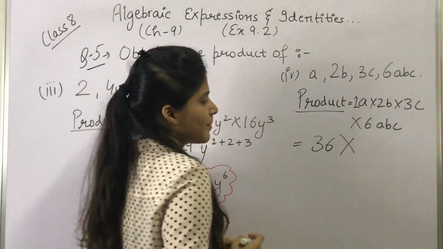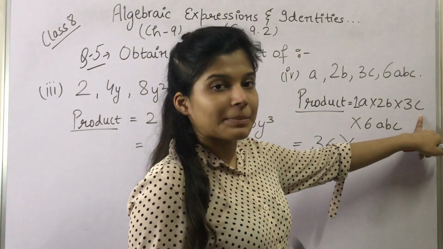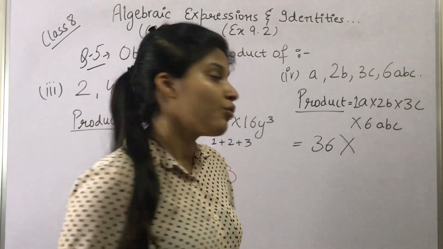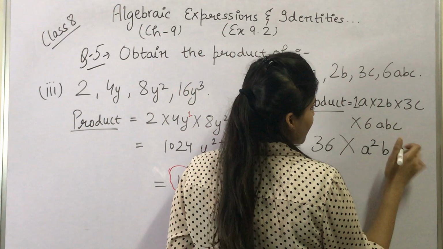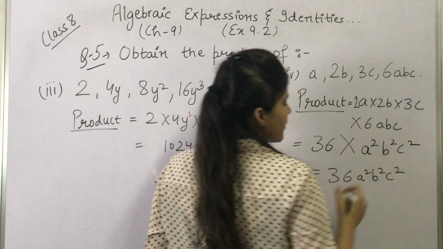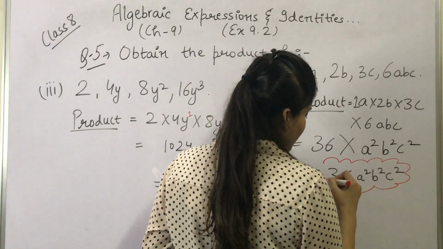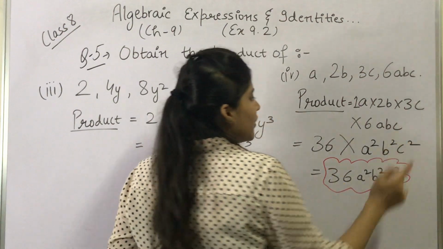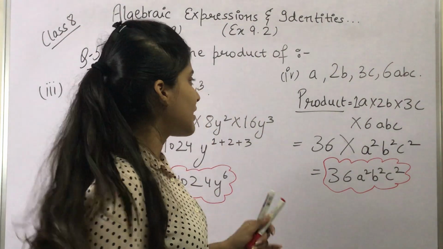अब 36 में हमें मल्टीप्लाई करना है a b c. सो a b c तीनों सेपरेट है तो a b c हो गया एंड a b c एक बार और है. मीन्स a भी 2 times, b भी 2 times and c भी 2 times. सो बेसिकली a square b square c square आ जाएगा. So this would be 36 a square b square c square. This is the product, right? This is the answer. How? Because a हमारे पास 2 times है, b भी 2 times है and c भी 2 times है. So 1 plus 1 पावर हो जाएगी. That would be 2. Okay. So this was our fourth part.